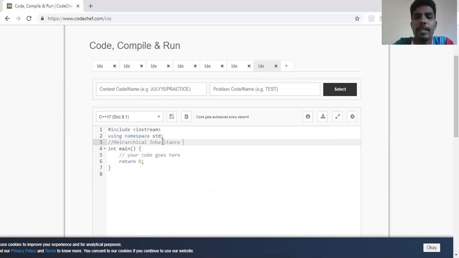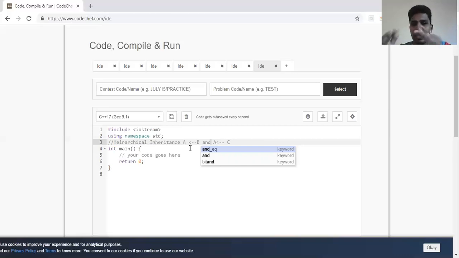It's in the form of a tree where there will be a class A which is inherited by class B, and the same class A is inherited by class C. So this is called hierarchical inheritance, where one class is inherited by many other classes. So it's like a branch of a tree where one parent class will be there and many of the other classes will be there in the form of branches.